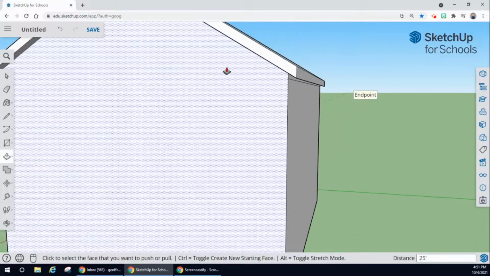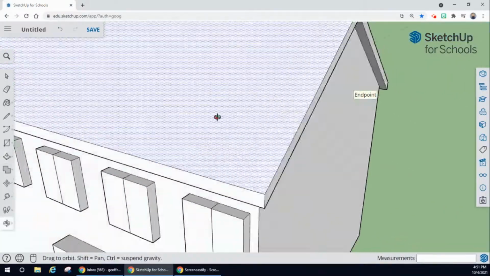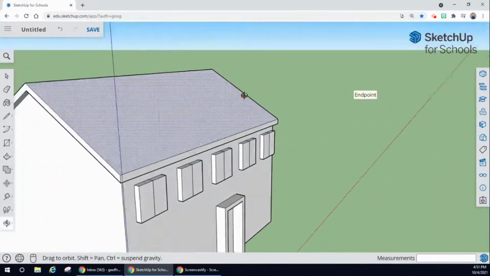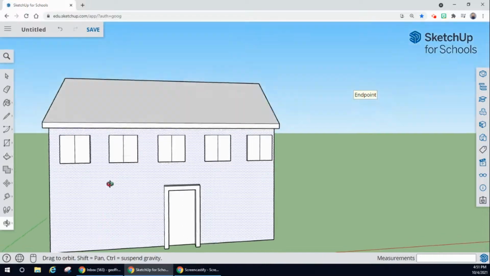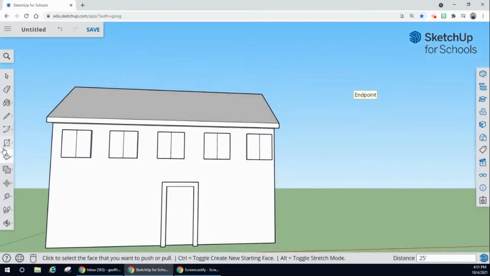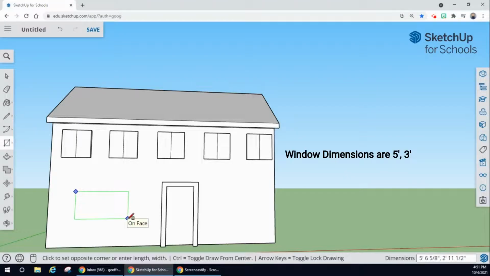All right, so now we have our offset. We have our overhang on all 4 sides. Okay, we got our window frame started. We got our door frame started. Okay, one more thing that we're going to do right here is we're going to draw another window here in the front. Okay, and the dimensions of this window are going to be 5 feet,